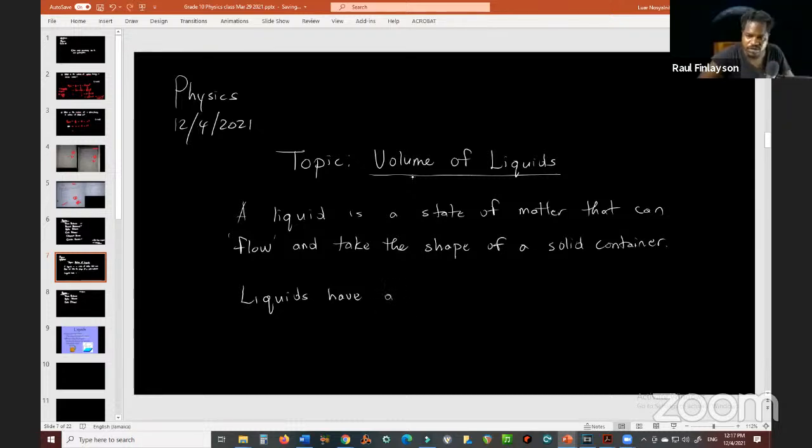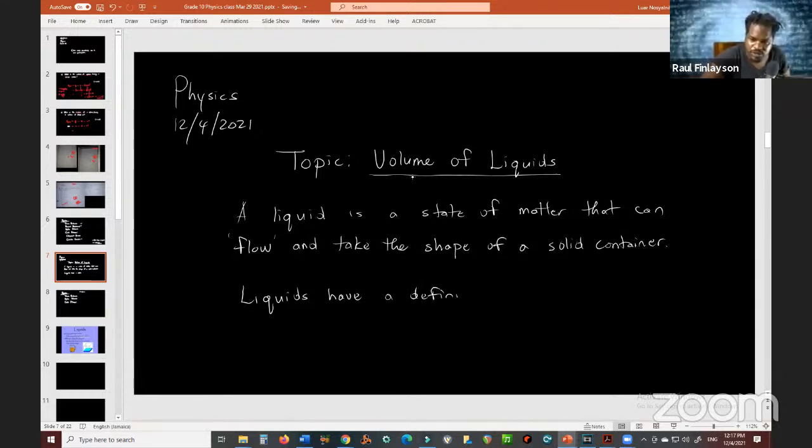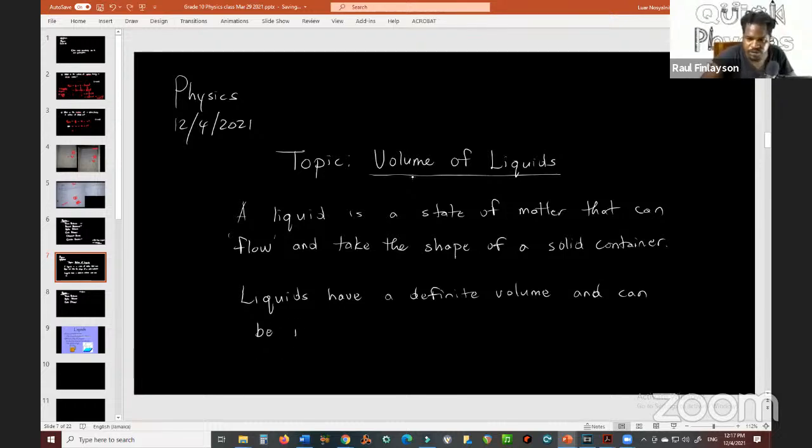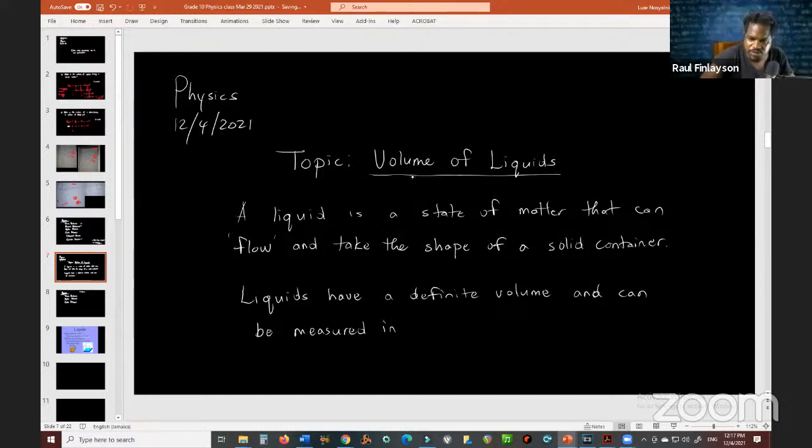Definite volume means you can give it a number, and it can be measured. This is our focus here: it can be measured in the lab using